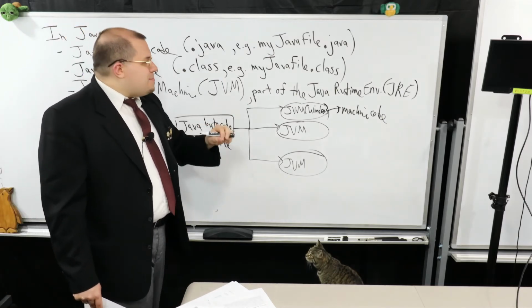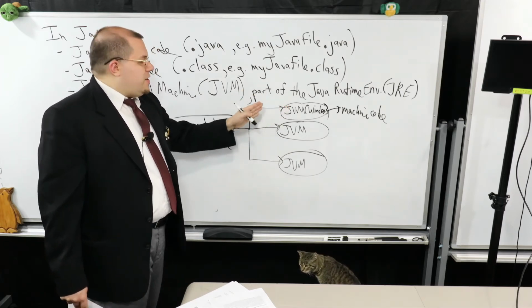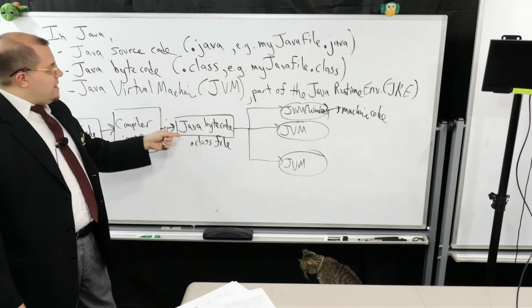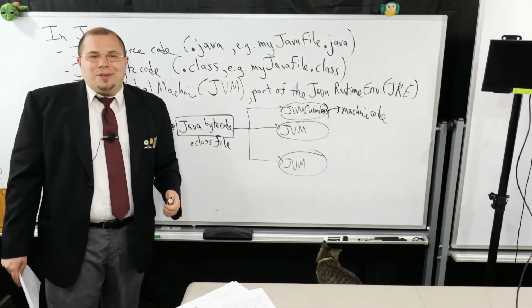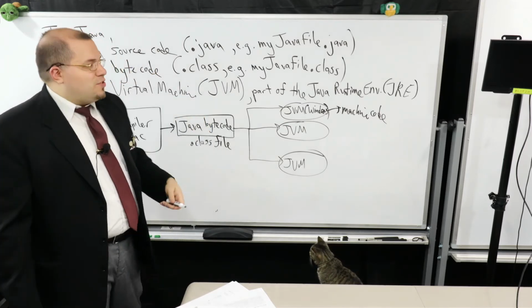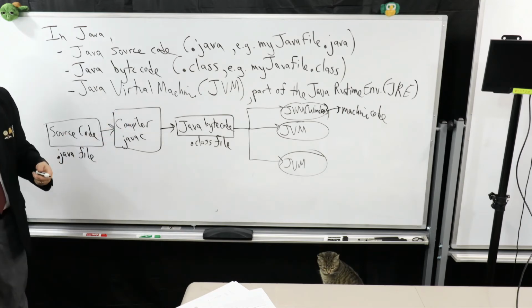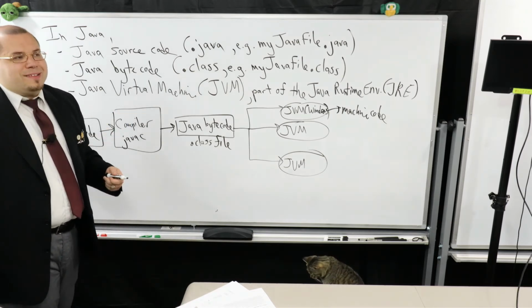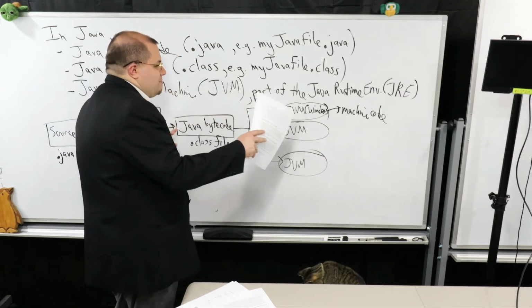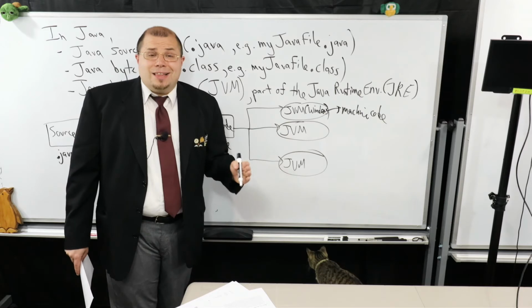And what the JVM does is, for your platform, so say for example I have a JVM for Windows, it will translate these Java bytecode instructions into the machine code of my computer. So it's a program that's going to translate my bytecode into code that's going to be executed on the machine. So it's a program that translates my code into the machine code. So it's kind of meta like that.